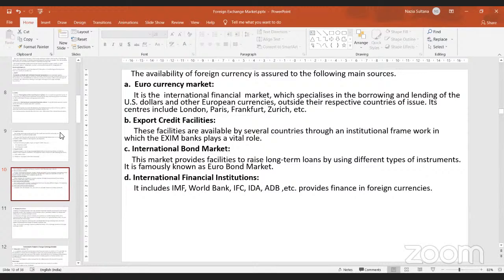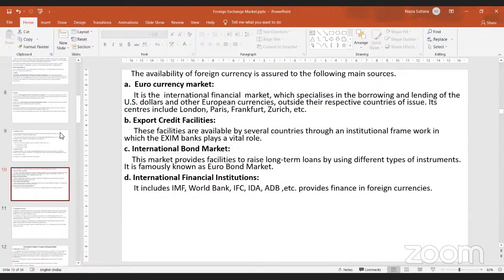So from where all these currencies come, if you're talking about euro currencies, then they will come from euro currency market. Then you also have several countries which have got a specialized institution which provides credit for export import, like how you have Exim Bank in India. Likewise, in different parts of the world, different countries have got their own banks which specialize in giving credit for import export. So, like that, the money flows through Exim Bank also in India, and in other countries also. You have export import banks from where the money will flow.